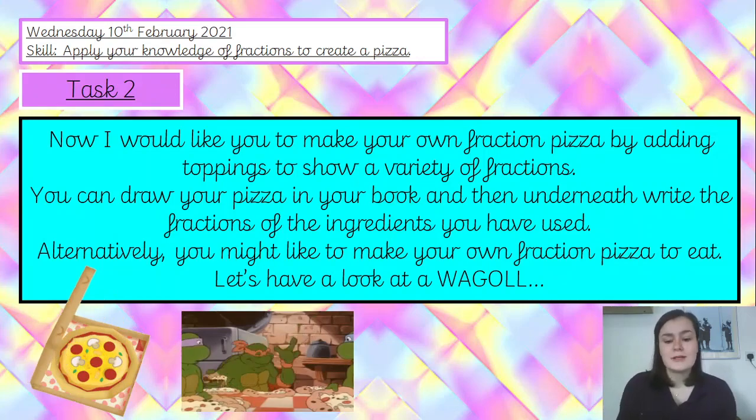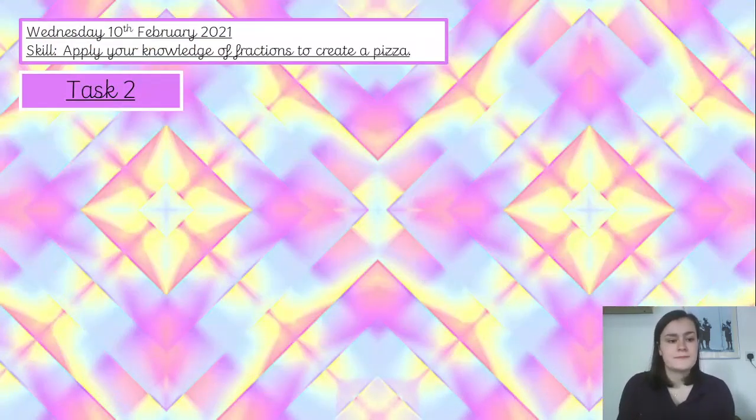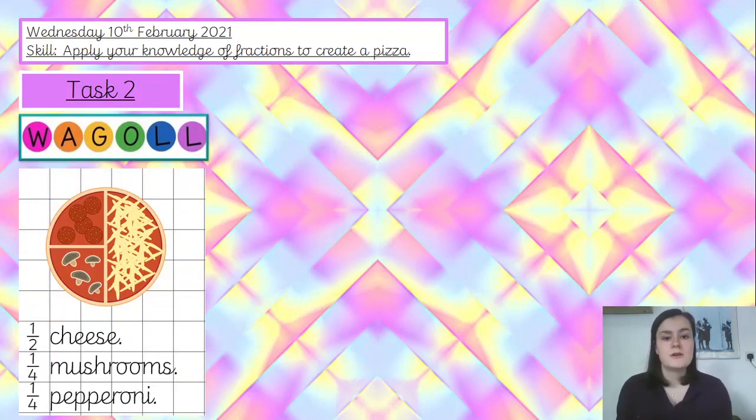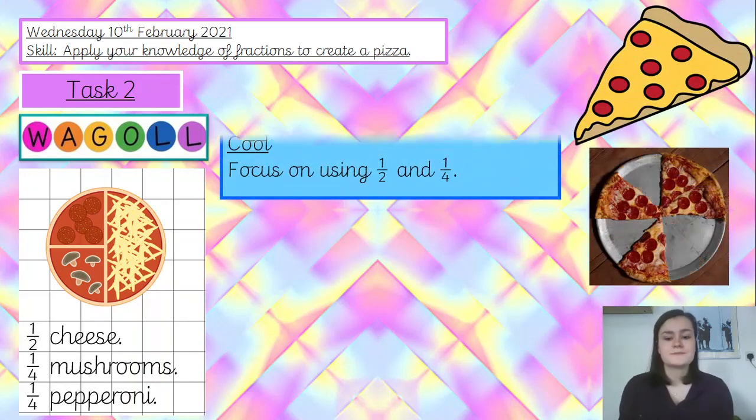So let's have a look at this waggle. So once you've drawn your pizza, your fraction pizza that you've made up, underneath it you're going to write your fractions just like this. So you've got 1/2 cheese, 1/4 mushrooms, and 1/4 pepperoni, and make sure that you think carefully about which numerator and which denominator you're going to use for each fraction. Okay, so